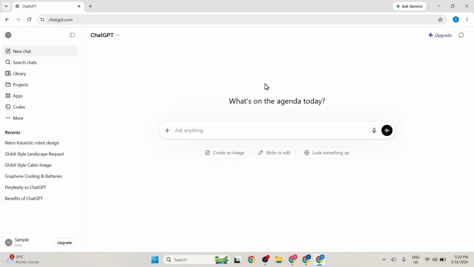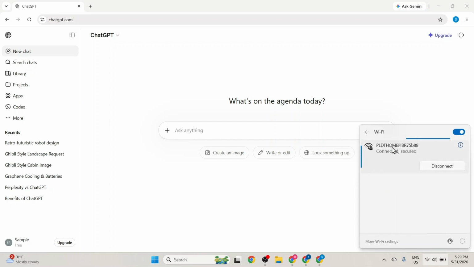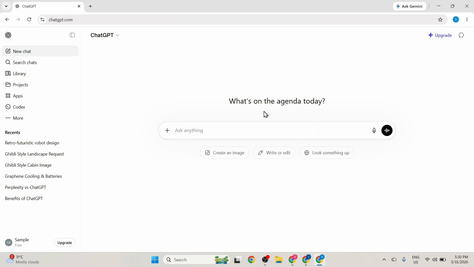Once back inside the main interface, I check my network settings by clicking on the Wi-Fi icon in the taskbar. I confirm that my system is properly connected to my secured wireless network. Now that everything is stable, I click on the main text input field in the center of the screen to